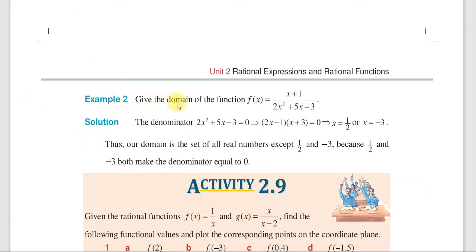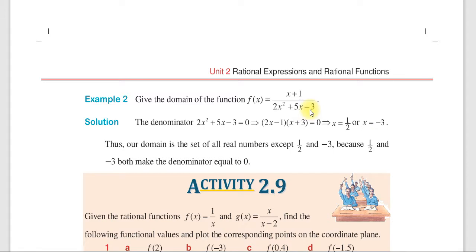Example: give the domain of the function f of x equals x plus 1 over 2x squared plus 5x minus 3. Look, this is a rational function; the numerator is a polynomial and the denominator is a polynomial. First, we set the denominator 2x squared plus 5x minus 3 equal to 0 to find the values that make it 0. Then factorizing, we get 2x minus 1 times x plus 3 equals 0. So the values that make it 0 are x equals 1 over 2 and x equals minus 3. So 1 over 2 and minus 3